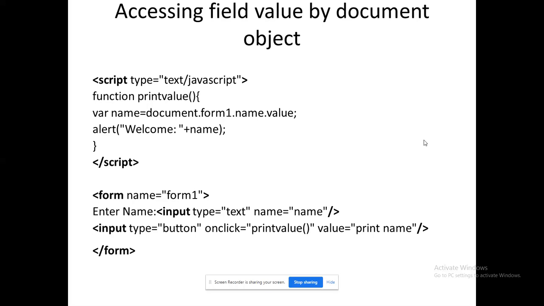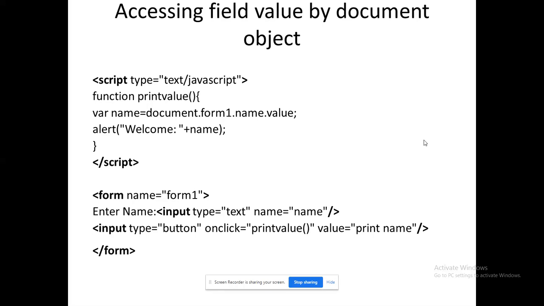Now I am ready to refer the text area available in the form one, right? So the value I am going to enter in the text box will be stored in the variable name. That's all. So the third line they have given in the form, they are creating a button. In the button it will display the label, print name. They are calling a method print value.